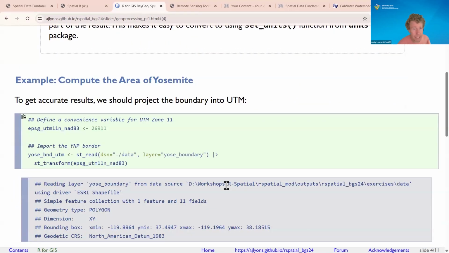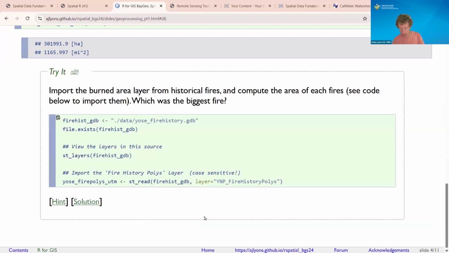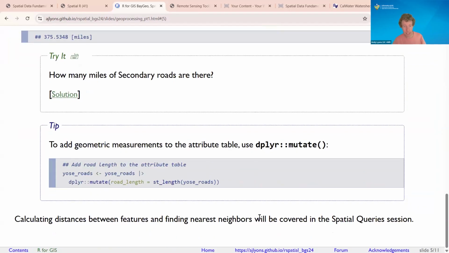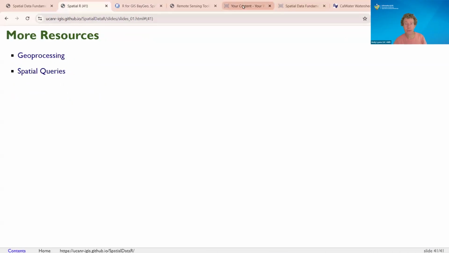Okay, and we're going to see that here in a second. We're going to see this in the next exercise coming up. So I'm gonna go past this. Okay, likewise, this is an example that we're gonna see in the next exercise. Pass this. Okay, well, that was quick. All right, so let's go back to